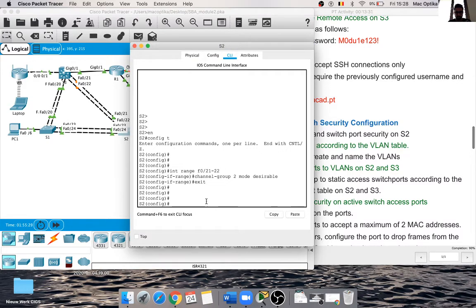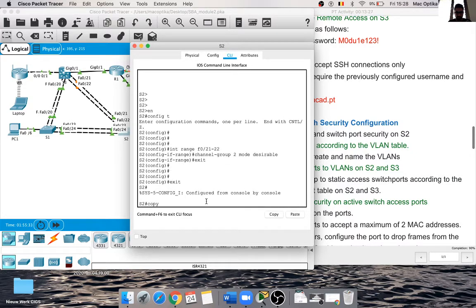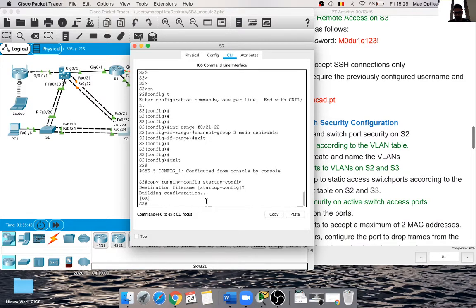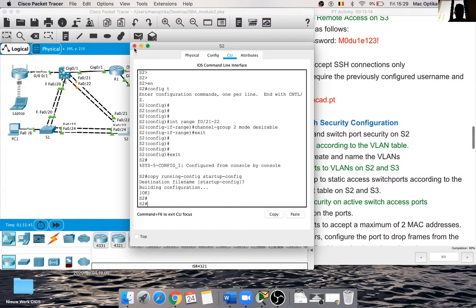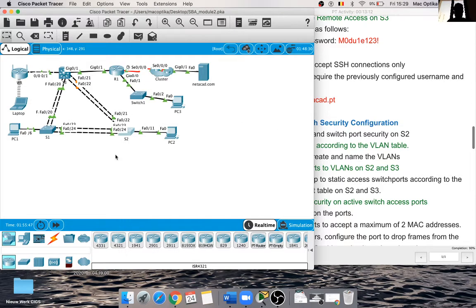Exit, copy running-config startup-config. Okay, so